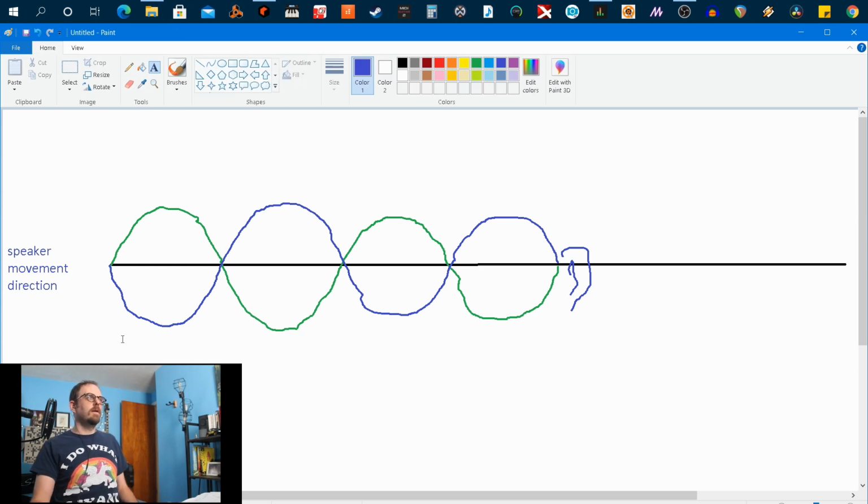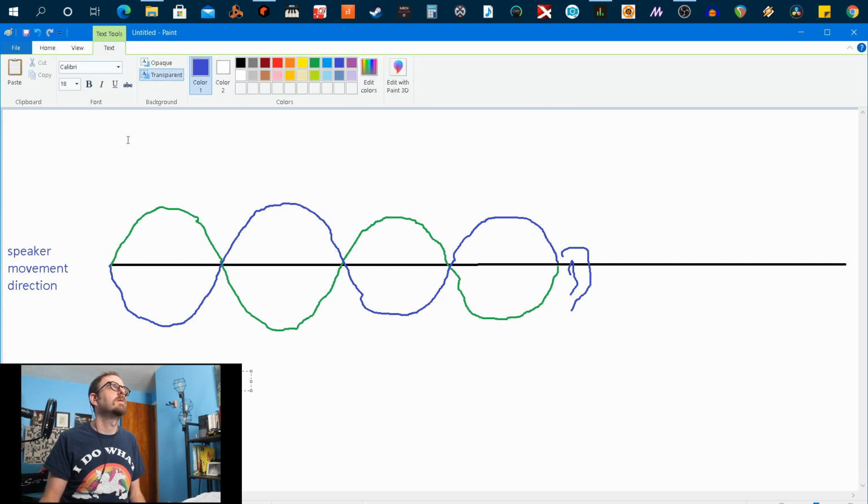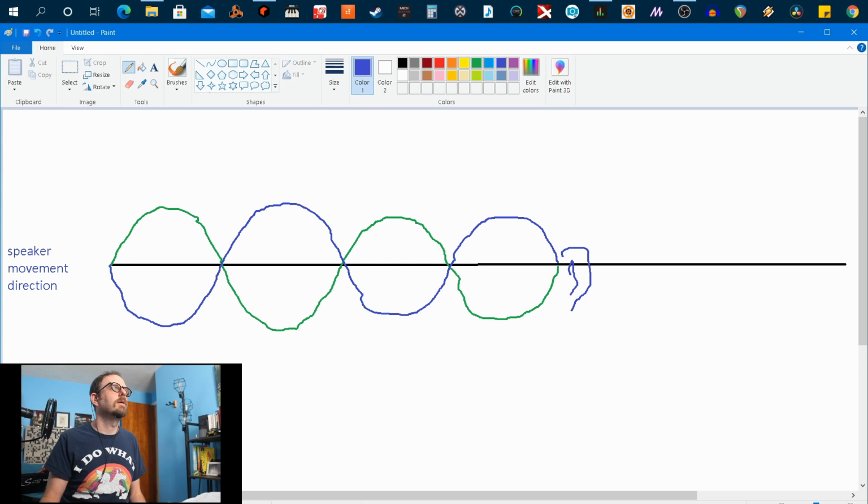Okay, so this, I think, makes more sense in terms of understanding it from, again, your eardrums or the speaker position. So when you look at it this way, you might flip this whole thing on its side, which I'm not going to try and do in MS Paint, but you might think of this graph on its side, and obviously this is still time. So from left to right is still the dimension of time. You know, that's still time. But if you flip it on its side,